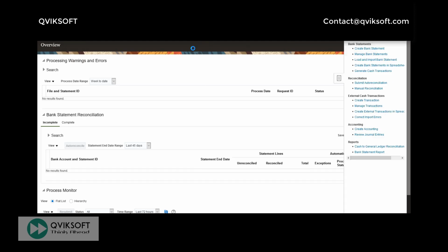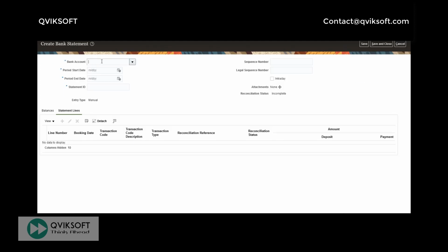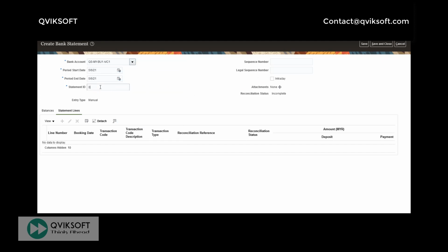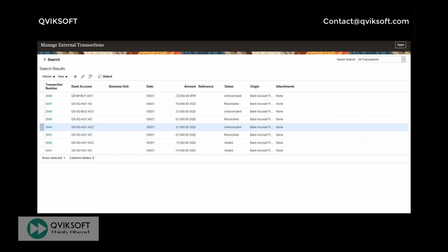The last one I have to do is for Malaysia. Create bank statement. Now my bank is QS, Malaysia bank account. My balance is how much I received, 33,000 Malaysian ringgit.